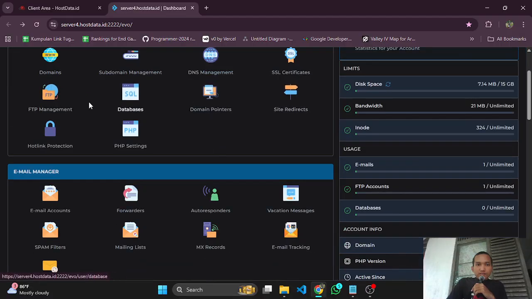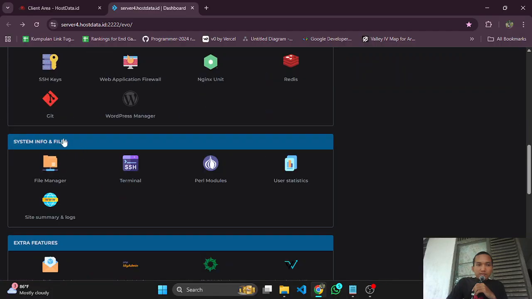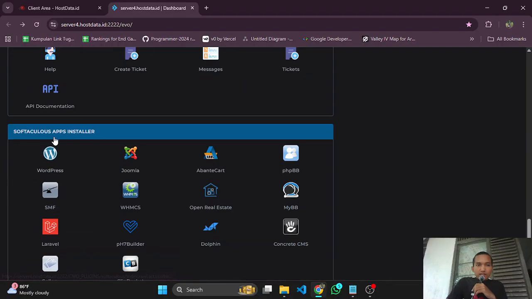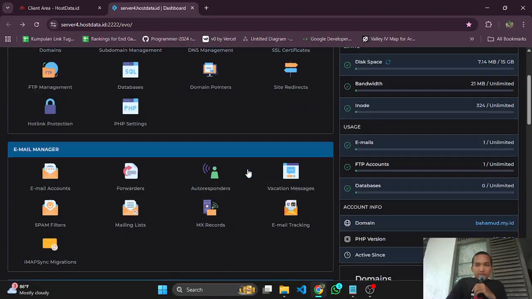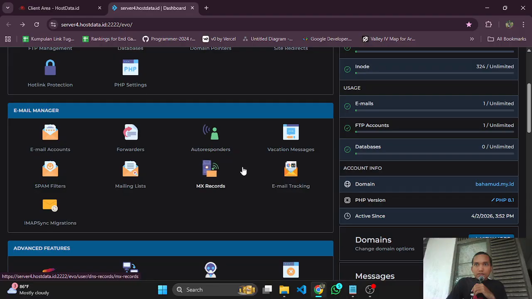This is for FTP management, databases, domain pointers, set redirects, and so on. This one is account manager. This one is email manager. This one is advanced features, system info and files, extra features and support, and the app installer. It has many systems.